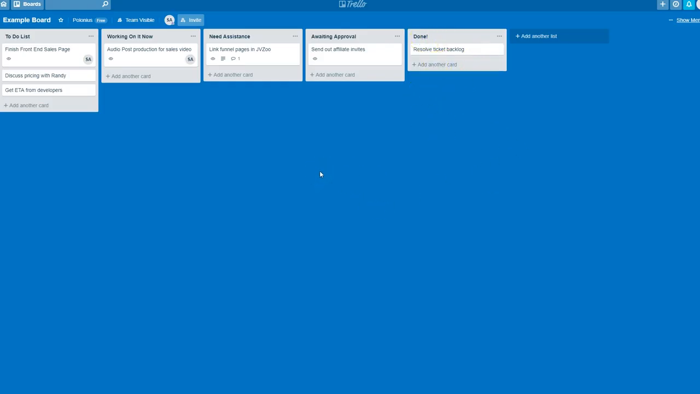Now, the great thing about Trello is it's all real time. So your team, all the way on the other side of the world, in the Philippines, let's say, or you got some folks in India, you got some folks in Germany, as they move these things around, okay? Let's say Bob discussed or is discussing pricing with Randy. Okay, Bob's tracking down that task. So Bob comes over here and he drops it in the working on it now list. Okay, and once he's done,